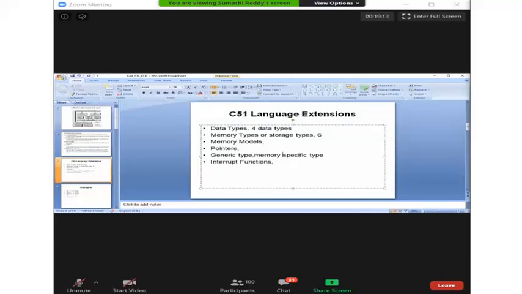But memory specific pointers can point to the memory area whichever you are specifying. Let me show you that. And you may ask why we have to go for pointing to a particular memory area when we have generic. Better to prefer that. But there will be a difference in the code size also. Let me show you that thing.